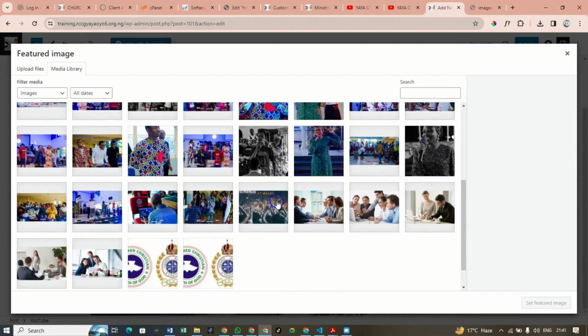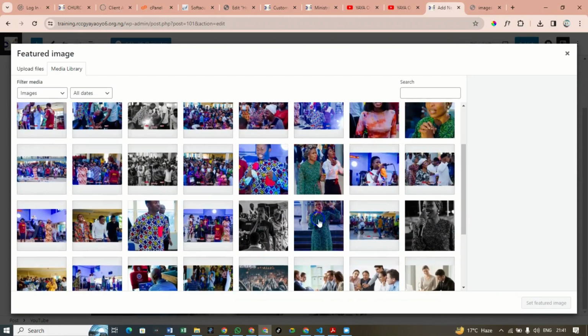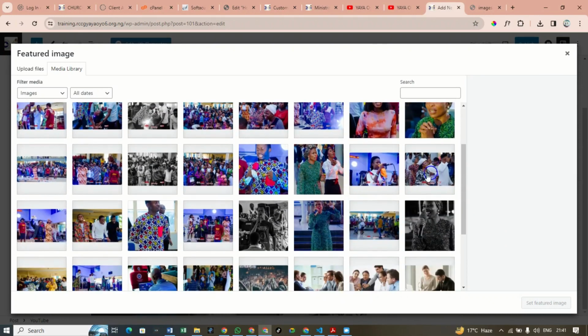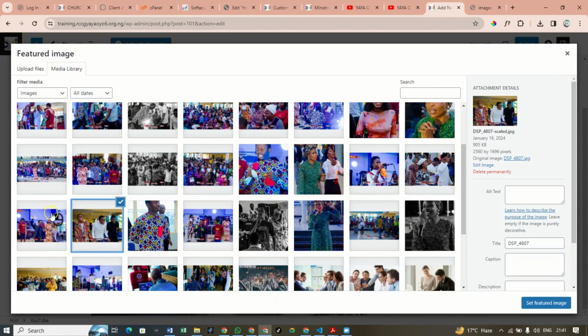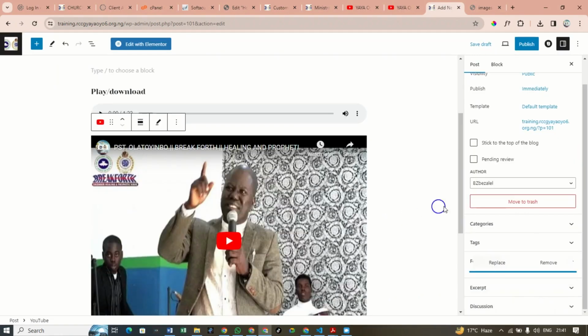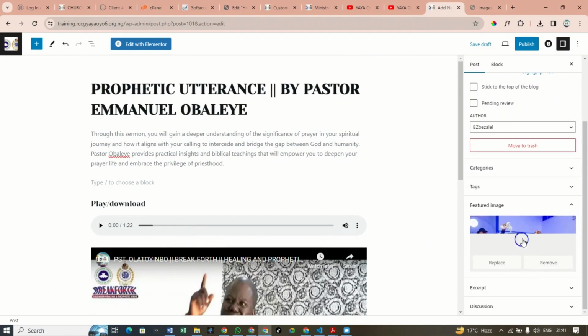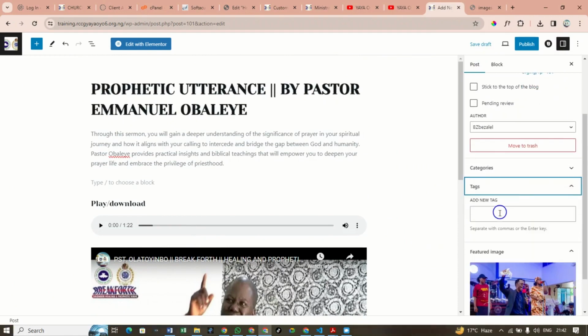We need to put a picture. So the picture we want, just like the previous post, you can see that we have a picture there. So let's just look for a picture. Maybe the picture of the minister and just put it there. As you can see, we have a picture there now. So this post, any picture you want to be on the post, that's where you just go to featured image